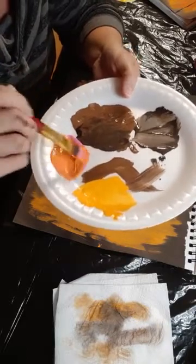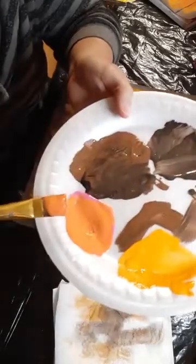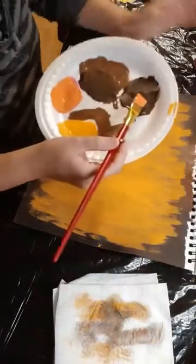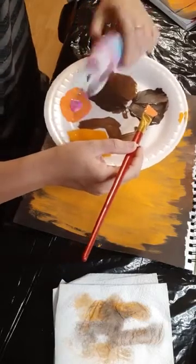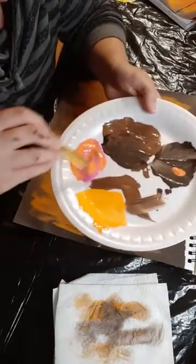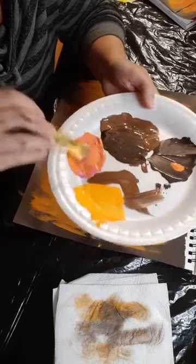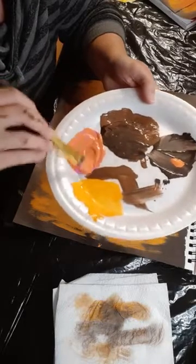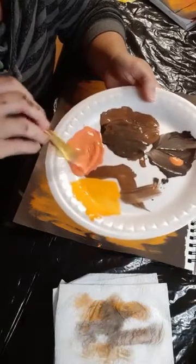Okay, so if you look here, I did a little bit more pink than orange. To me, that still looks too orange. So I'm going to add some more pink. And just, you know, get whatever color you like. We all like different colors, so some of you might not even be using coral. You might be using blues or greens or...